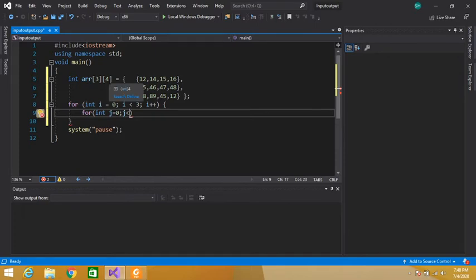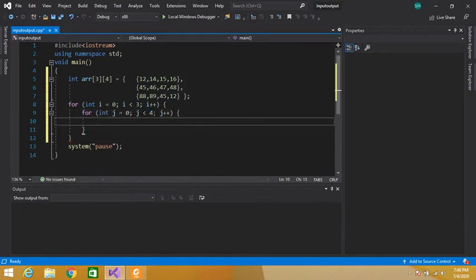We have 4 columns. j is less than 4. Why less than? Because we are starting from 0. So 0, 1, 2, 3, becomes 4. j plus plus. We have to increment the value of j.